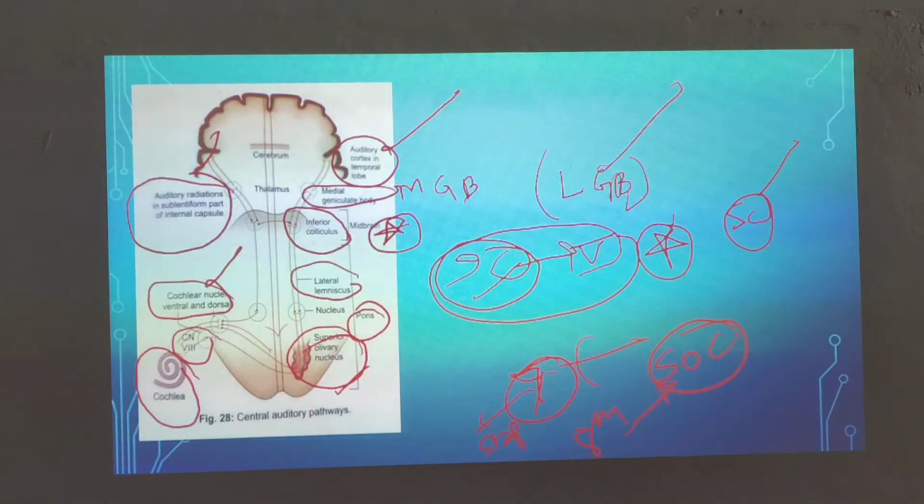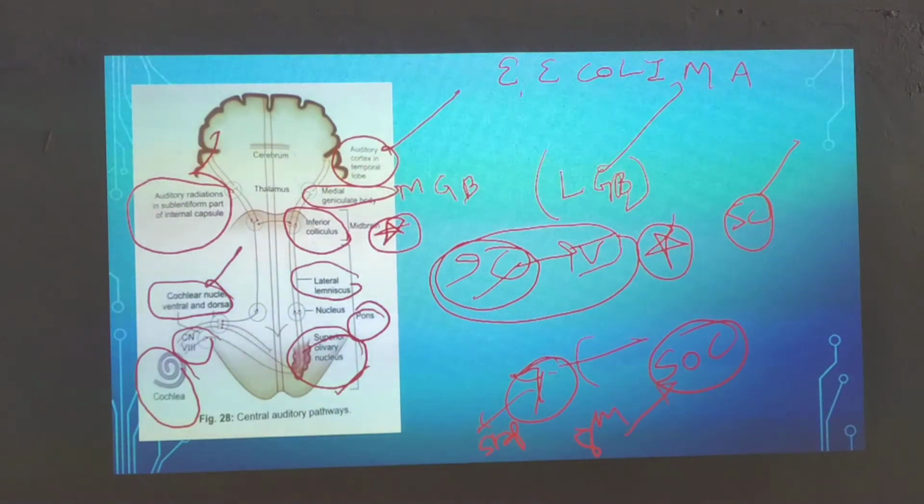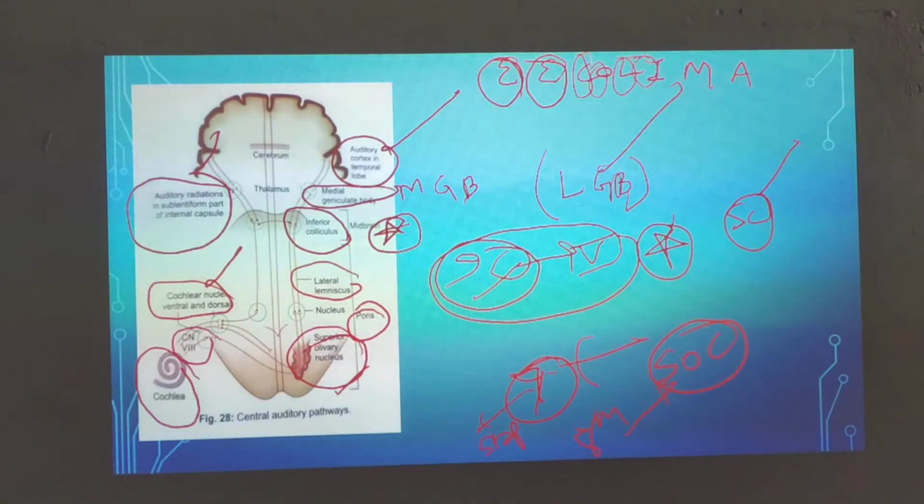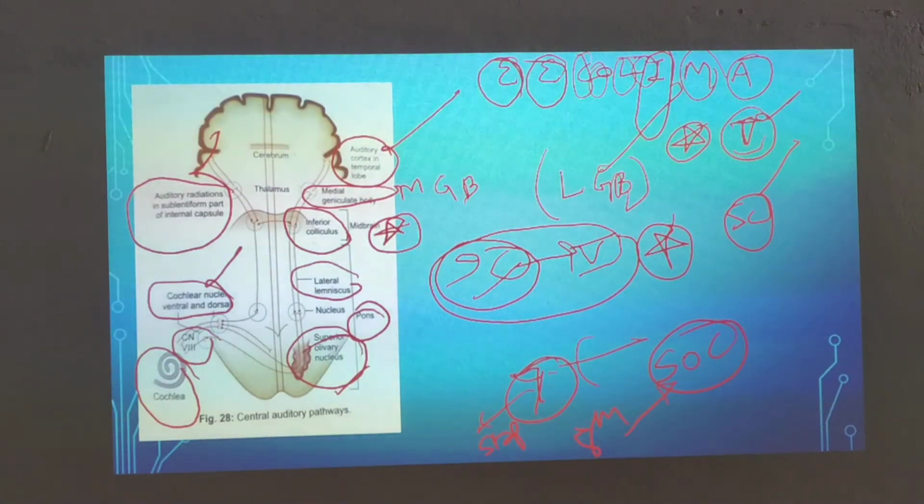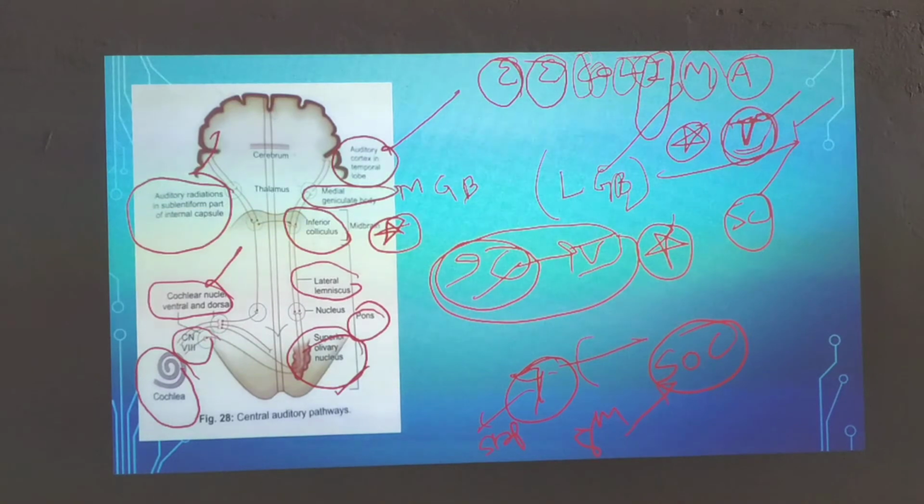And then how do you remember this pathway? Simply E Coli ME. As you could say, this is the distal part of the eighth cranial nerve and this is the proximal part. So: cochlear nucleus, superior olivary complex, lateral lemniscus, inferior colliculus, medial geniculate body and auditory cortex. Of which the inferior colliculus is very important. It produces the fifth wave in the BERA, which is the most robust wave and most important for diagnosis. These are the points that are important for you.